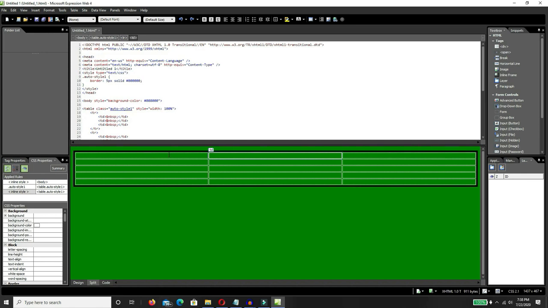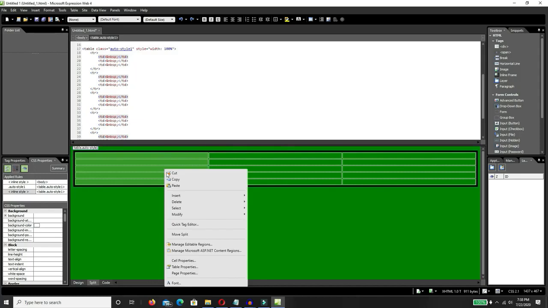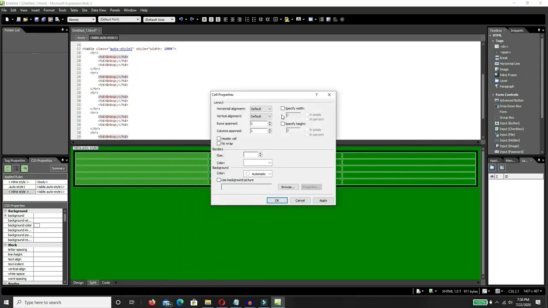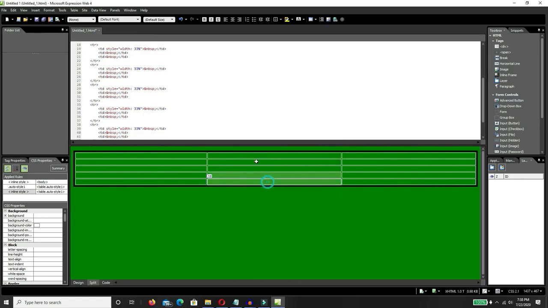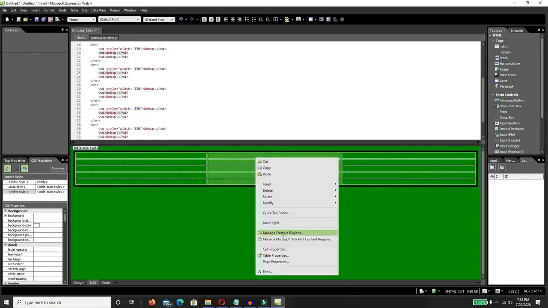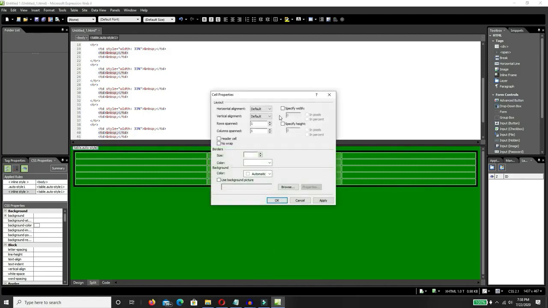You can set these. There may be a simpler way, but cell properties, this is just the way I do it. And I'm sure there's people out there that use this program and can tell you a lot better, but this is the way I do it. And then this center column is going to be 34. I'm setting that at percent. What I'm doing is setting the